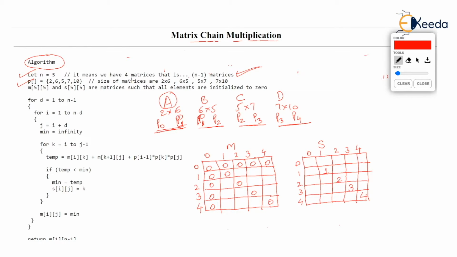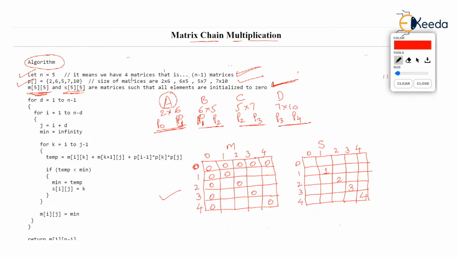The sizes of the matrices, as I have written here, are 2 by 6, 6 by 5, and so on. We are going to take two matrices, M and S. Remember, in the earlier video I took the matrices M and N, but N is already used over here, so I used S as the matrix. M and S are the two matrices as shown down here. M and S each have 5 rows and 5 columns. You can notice the indexes of the rows are 0 to 4 and columns are 0 to 4. Hence, we will use rows 1 to 4 and columns 1 to 4, such that all the elements of M and S are initialized to 0. All the elements are 0, but I have shown only a few elements to be 0 here.